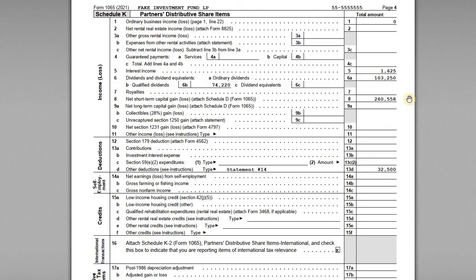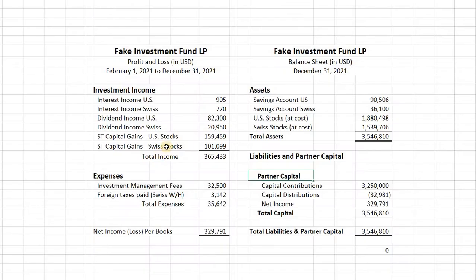So capital gains are being separately reported on 8949 in Schedule D, but that's the total amount that's being run through this partnership entity. Now, I don't have the worksheet here, but you do have to break out the portion that's qualified, right? So the total amount of ordinary dividend is reported here, and then the qualified portion is indicated here on 6B. This amount of qualified dividend usually isn't reflected on the financial statements you would